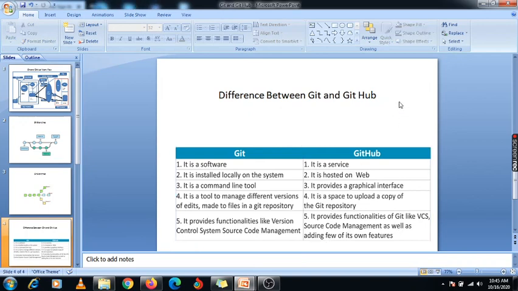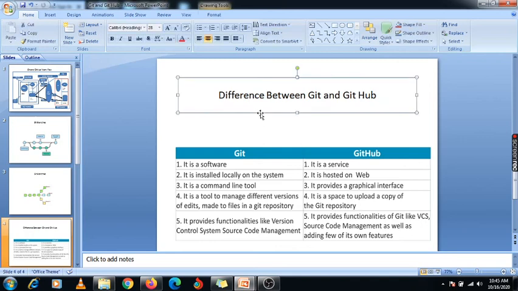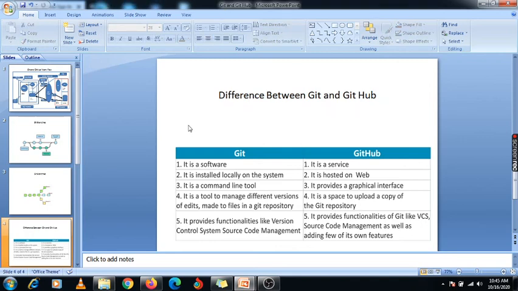So these are the differences between Git and GitHub. In the next video we will do the demonstration of Git: how Git works, and how we need to create an account on GitHub. Whatever code we have pushed from your local repository to your centralized repository, we will see how it is reflected there, and how we can pull it to another server, with some destination users. We will do this demonstration in the next video.